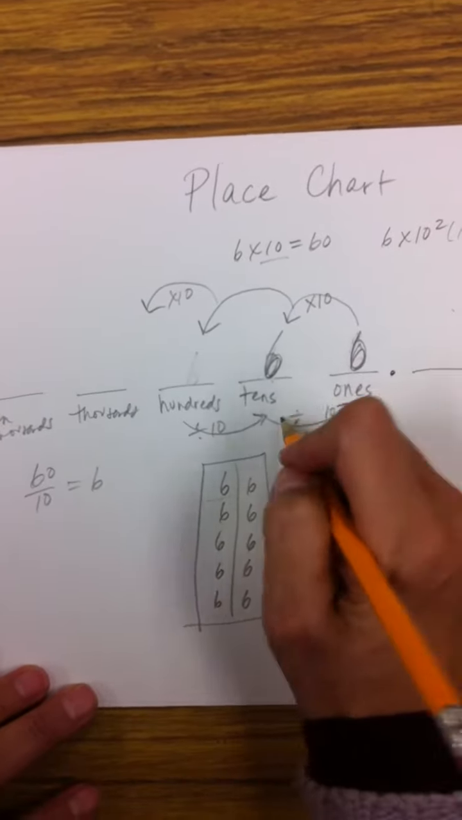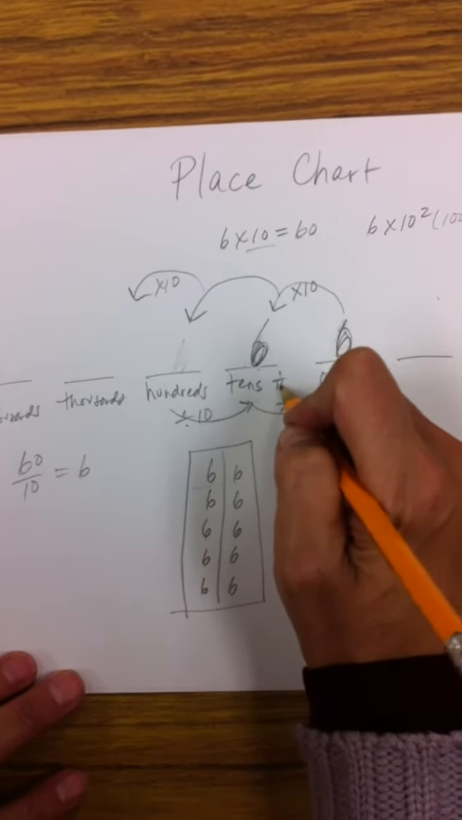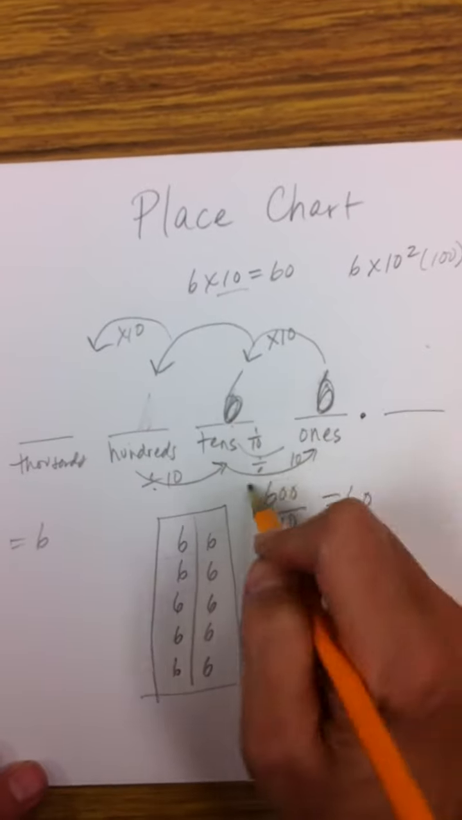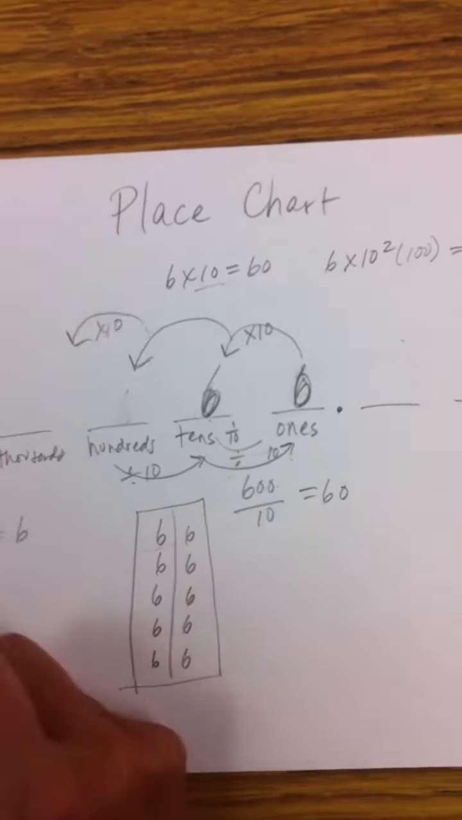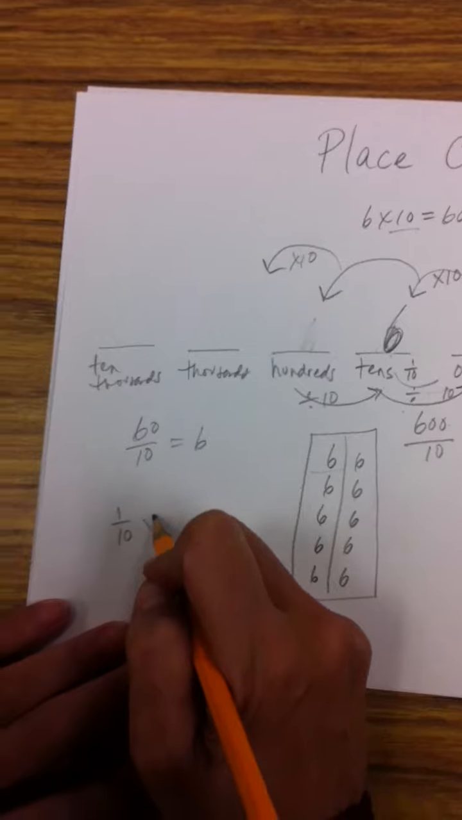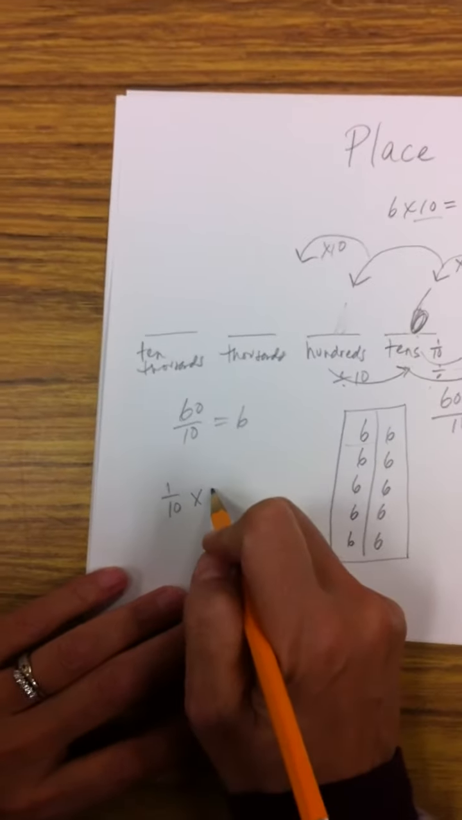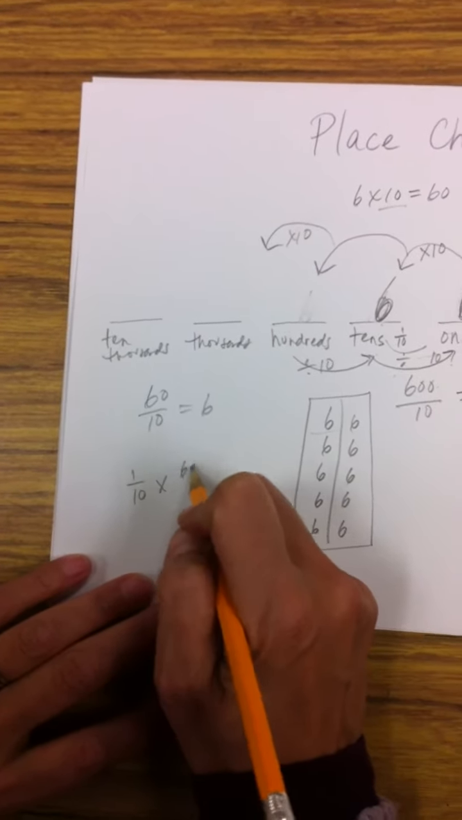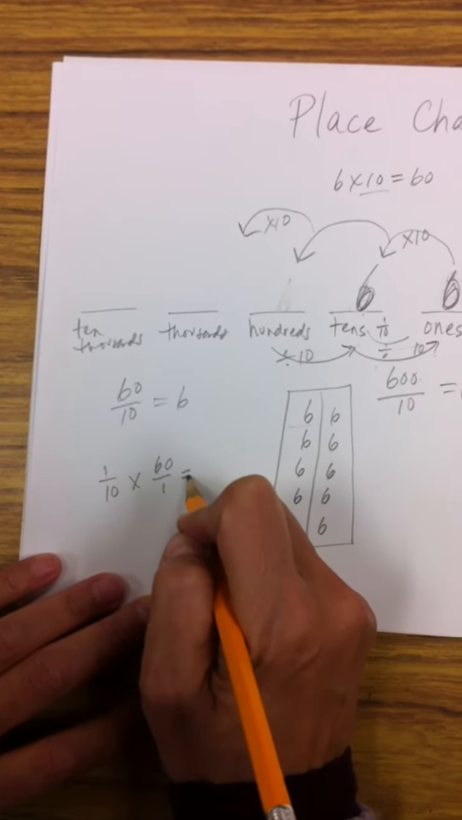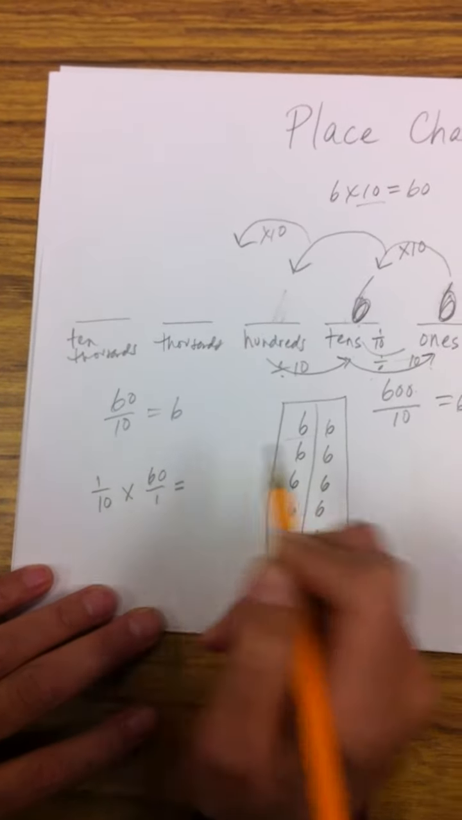Where should I write that? Let's see. 1/10 of 60. We're going back in place. We're dividing by 10, or we're taking 1/10. 1/10 of 60. In fifth grade, of means multiply. 1/10 of 60 equals, yeah, I messed up, so